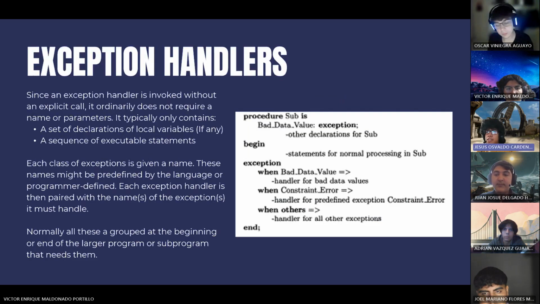Exception handlers. Since an exception handler is invoked without an explicit call, it ordinarily does not require a name or parameters. It normally only needs a set of declarations of local variables, if it needs any, and a sequence of executable statements. Each class of exceptions is given a name, and these names might be predefined by the language or be defined by the programmer. And these exception handlers are normally located at the end of a program or larger subprogram that needs to be checked with this. Here on the right, it's a